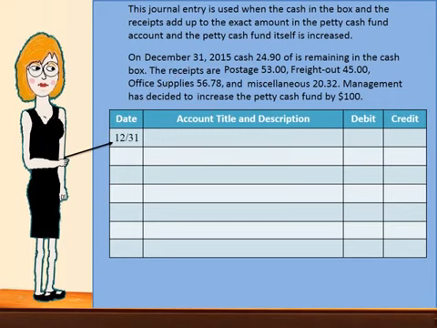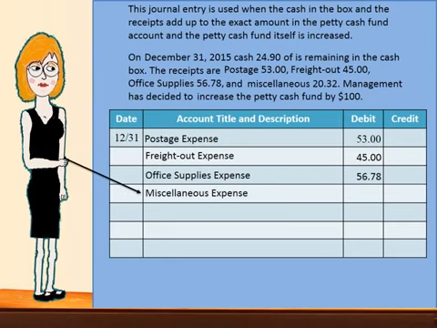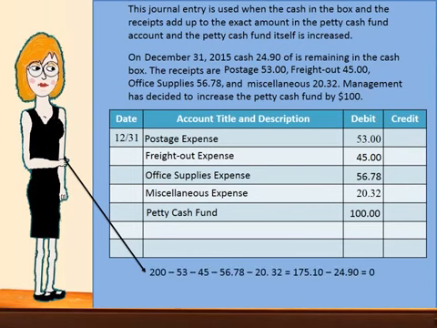So you have the date, place it up under the date column. You have your expenses, which are postage, freight out, office supplies, miscellaneous, and then you have management increasing the account by $100. You're still going to determine that there's a zero expense or shortage or overage,